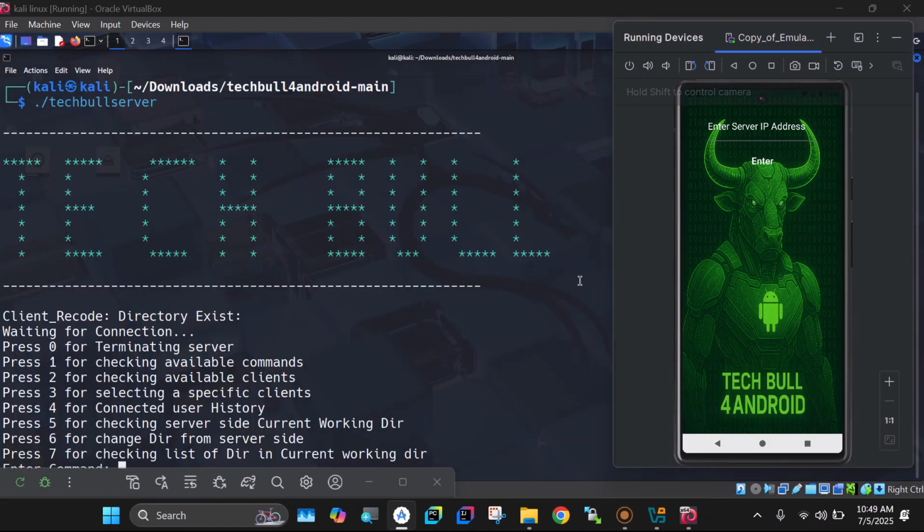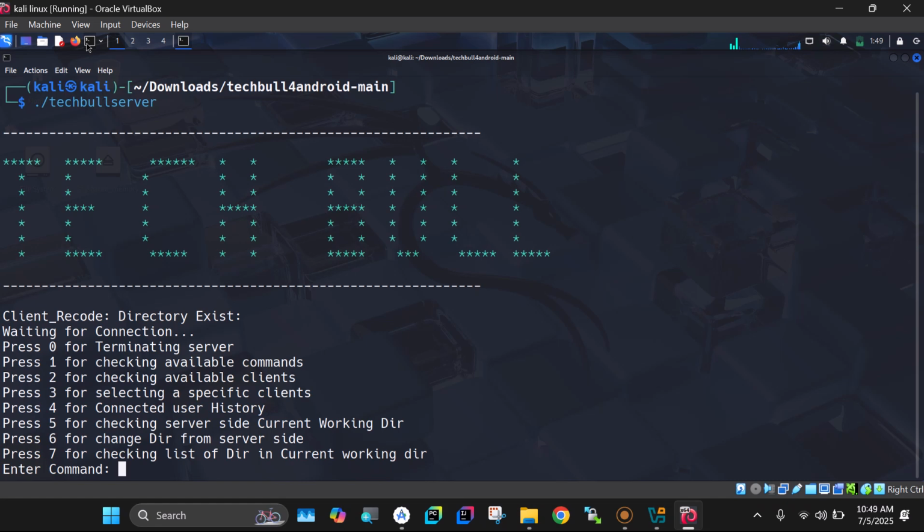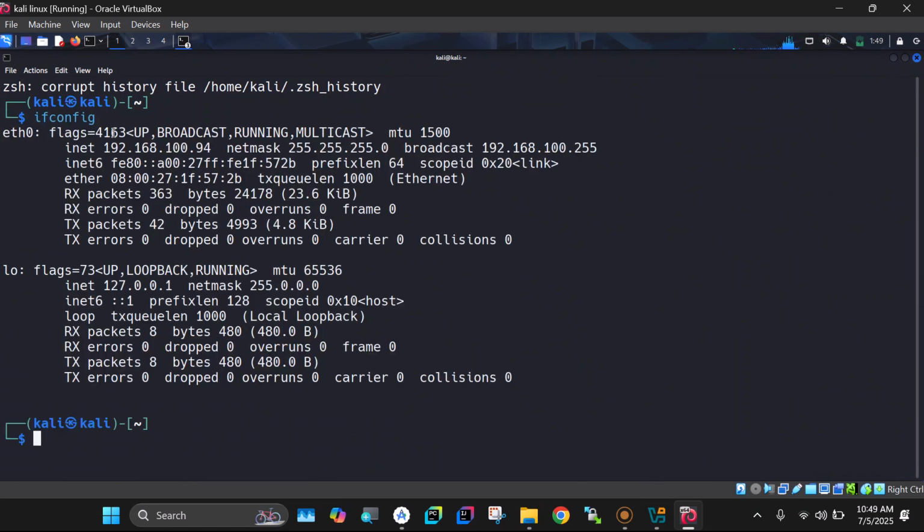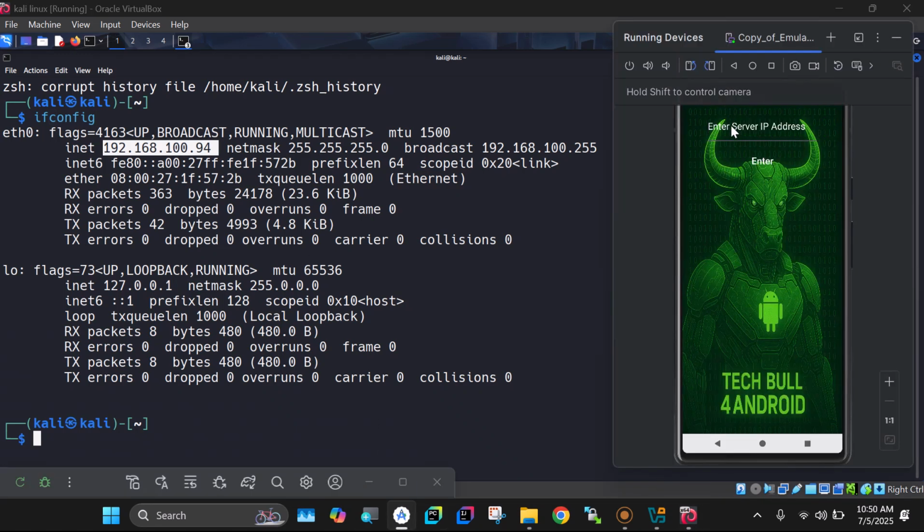Now let's connect our client side with our server side. For that, we need to enter the IP address here. To check the IP address of the Linux machine, we need to open a new terminal and enter this command, ifconfig. This is the IP address of our Linux machine. You also need to check your own Linux machine's IP address. So I enter the IP address over here,